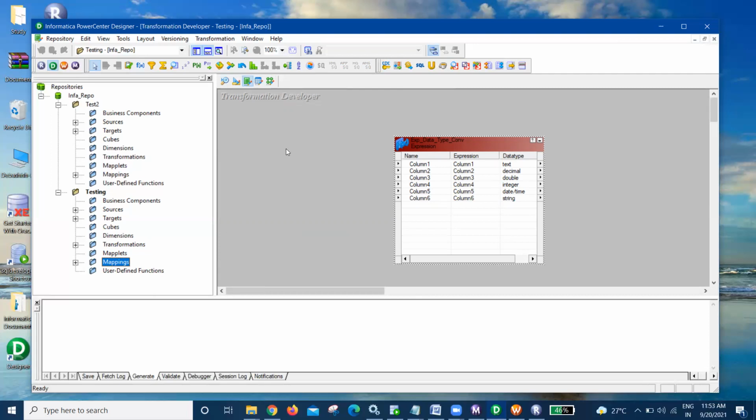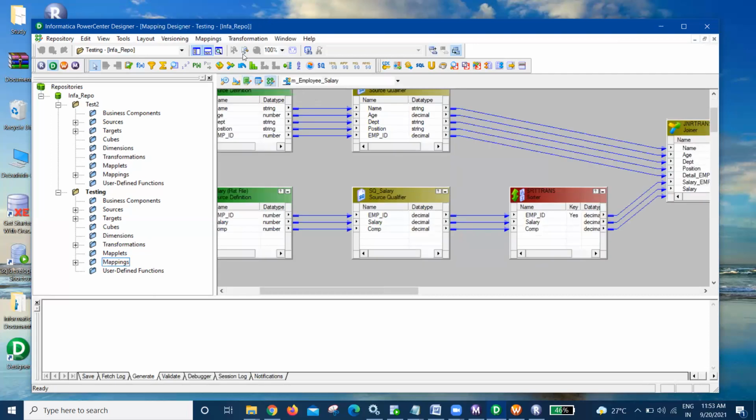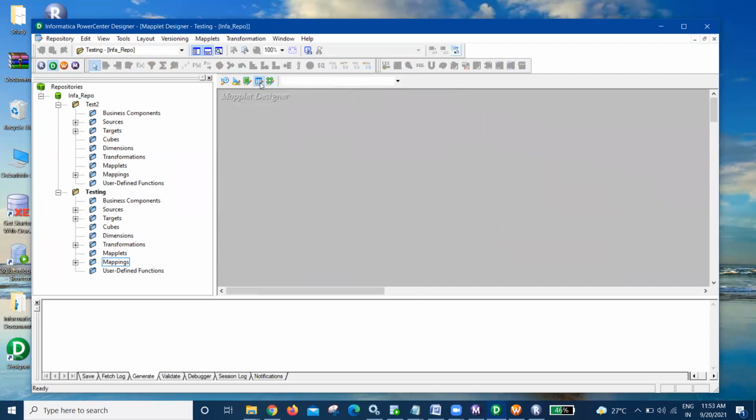If you go to the mapping, there is only mapping and transformation. The maplet cannot be created within a mapping, but a transformation can be created locally in the mapping workspace. Similarly, in a maplet, you can create a transformation within the maplet.